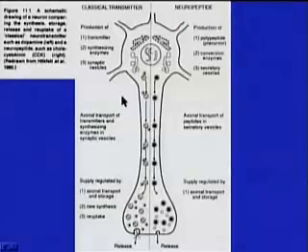This slide is from an earlier part in this PowerPoint presentation. It is from figure 11.1 in the textbook, and it was comparing the life cycle, if you will, of the classical transmitter with the neuropeptide, and we have discussed the distinctions in synthesis and transport to the terminal to the site of release for the classical neurotransmitter versus the neuropeptide,